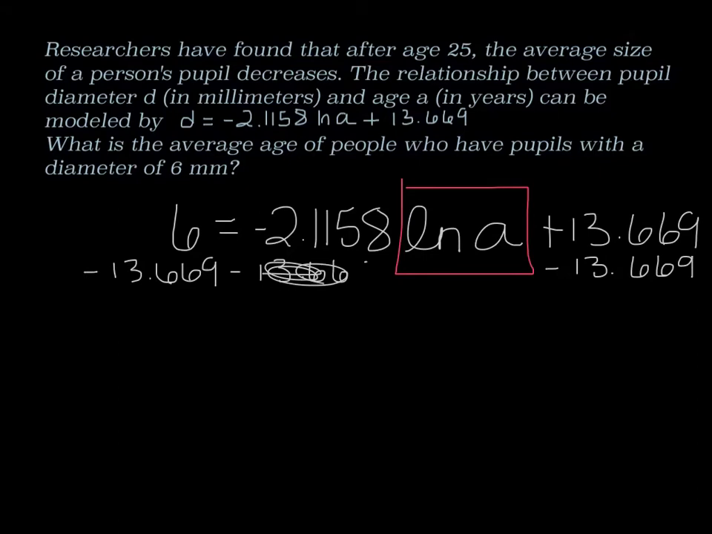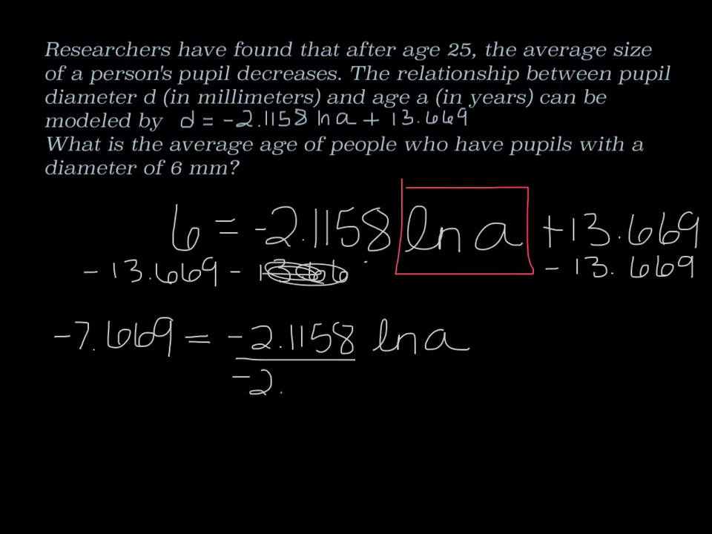And so 6 minus 13.669 gives us negative 7.669 equals negative 2.1158 ln a. Then we are going to divide both sides by negative 2.1158. When you do that division, we get